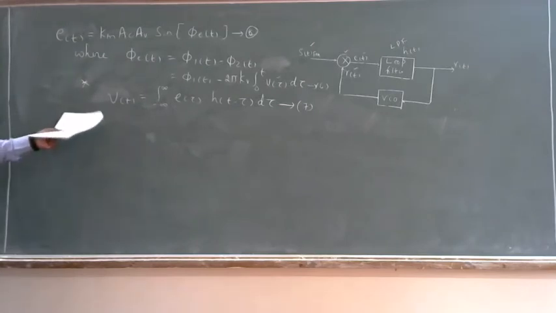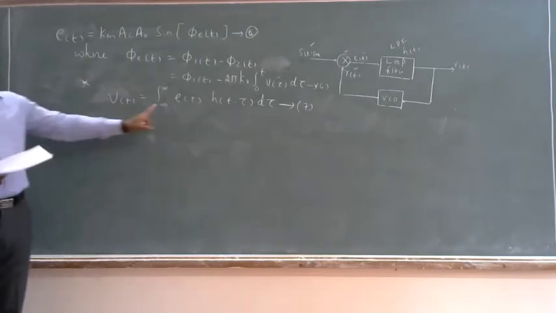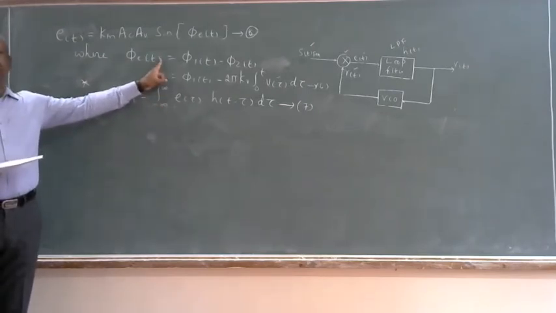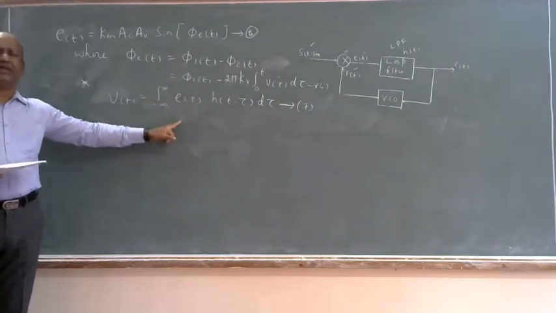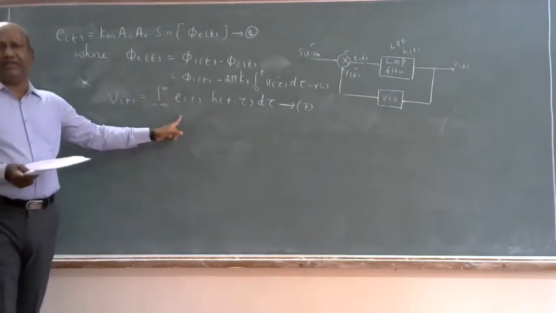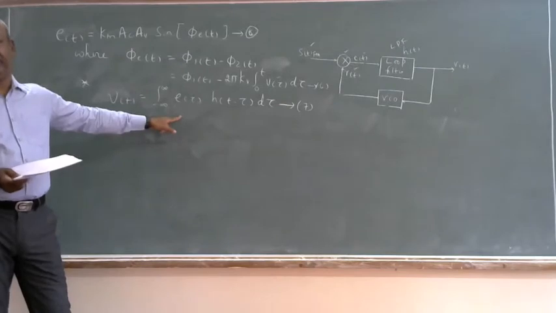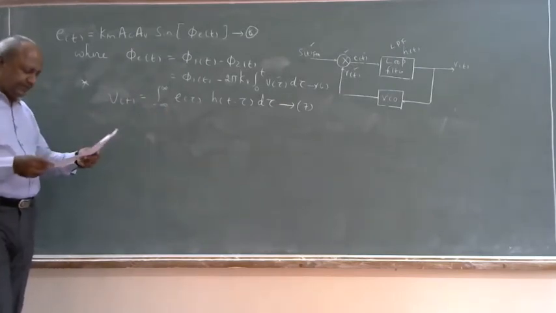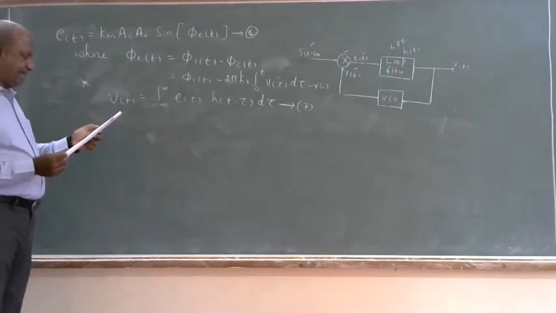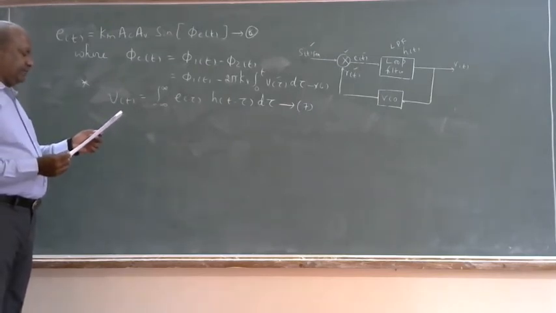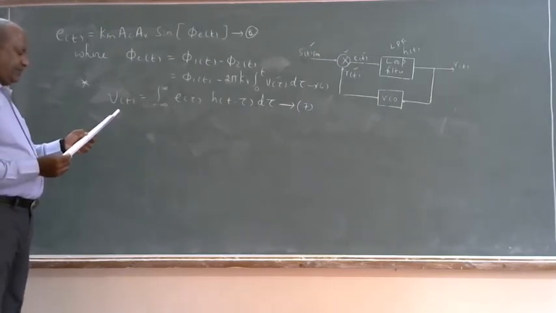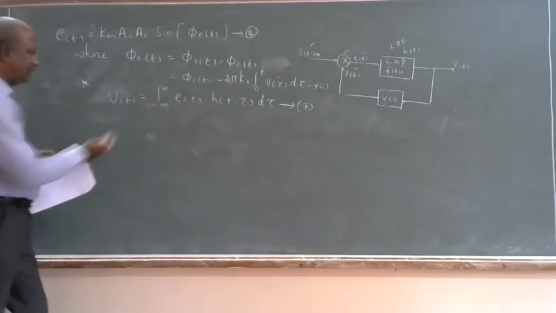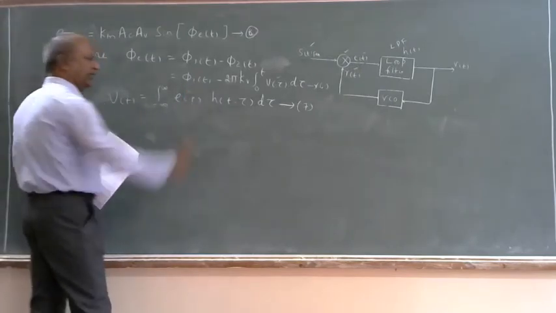So this is what changes now. I am shifting from my simple input-output operation concepts to writing the response of the loop filter, having transfer function h of t, in the form of a convolution integral. So then, after writing this, you need to find what is E of tau.